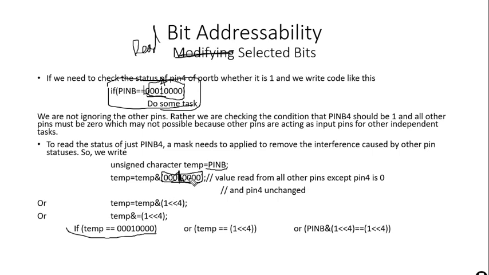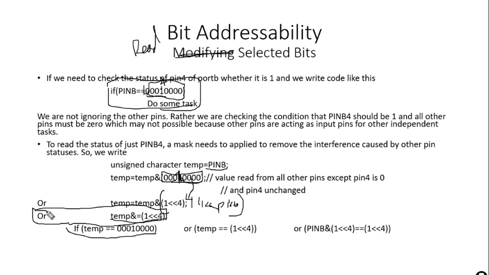We can write it simply as 1 left shifted 4 times. And if there are multiple pins that we are interested in, we'll have an OR operation with 1 left shifted by the pin number or bit number. So temp AND 1 left shifted 4 times, and finally it is temp &= 1 << 4. This is the final, more precise, easier to understand and shortest version.